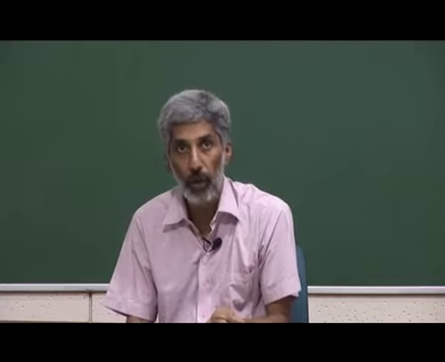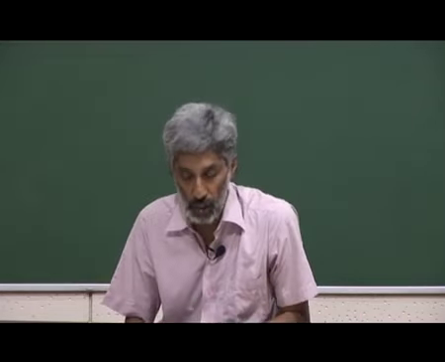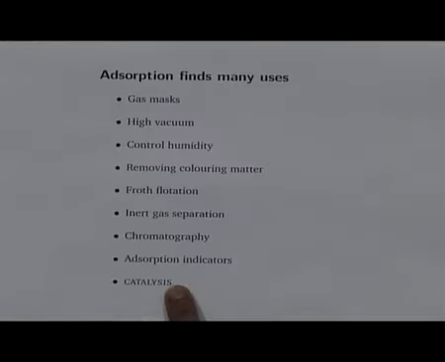And in these adsorption indicators, what we use is an indicator which gets adsorbed on some species, and that is used as an indicator. Eosine is a good example of an adsorption indicator. And one final thing which leads up into the next topic that we will discuss is catalysis. So, this is the thing that we will focus our attention on in the next little bit of our discussion,